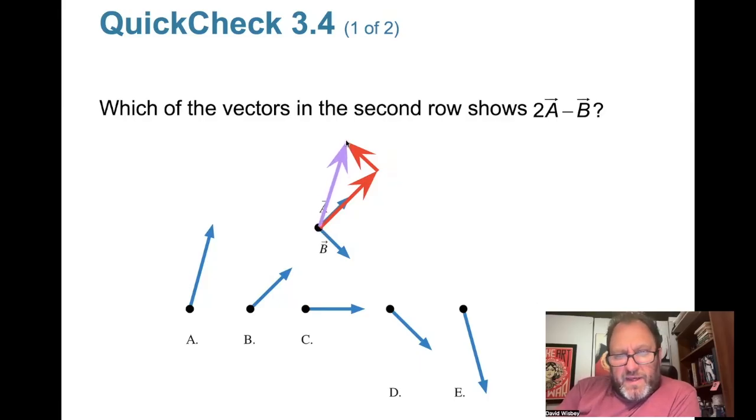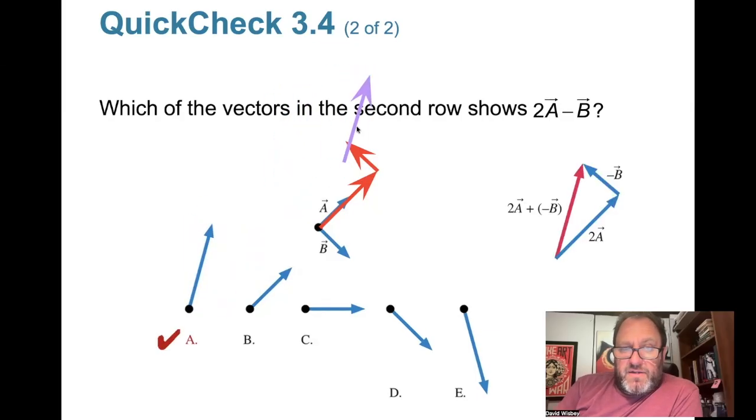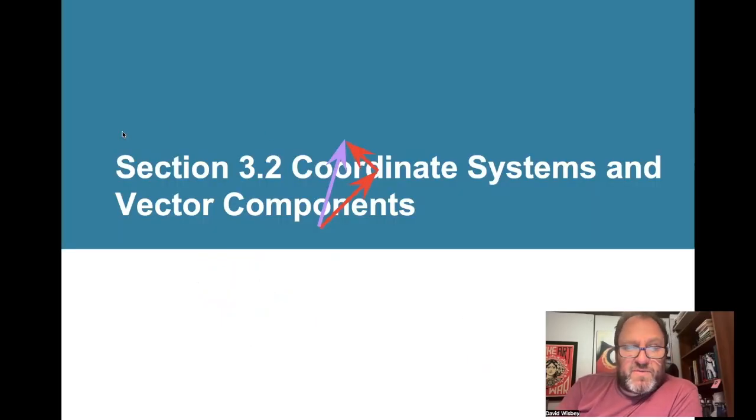There's my answer. It's pointing that way. Now, why don't any of the pictures look like that? 2a minus b. I swear I drew it right. I don't know why this is giving me a hard time. All right. Here's my vector. Oh, it's A. The answer is A. I moved my vector and I couldn't see it. I saw the purple vector, I even drew it myself, and I was looking at B, wondering if it looks like B. Well, it's because it's A. That's why A does not look like B.